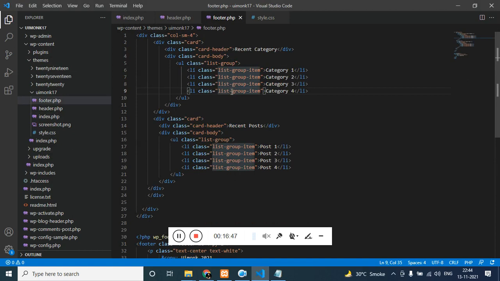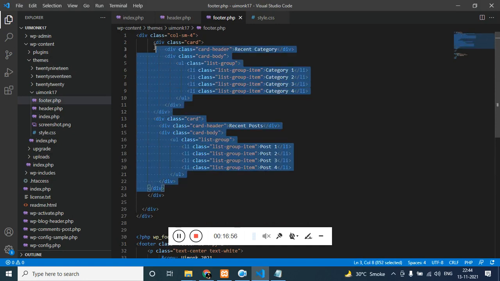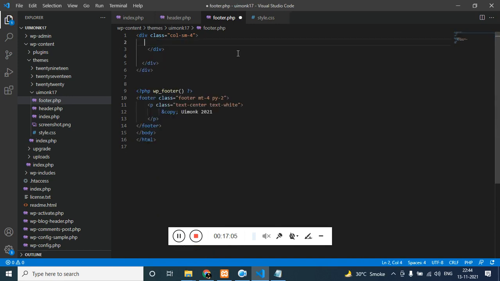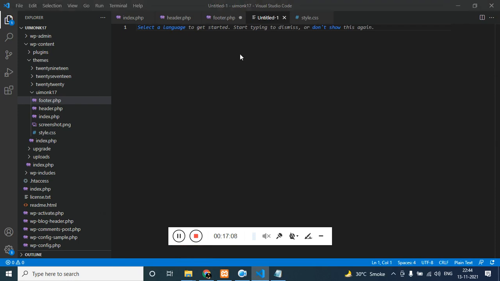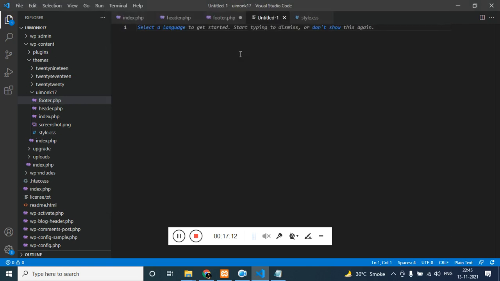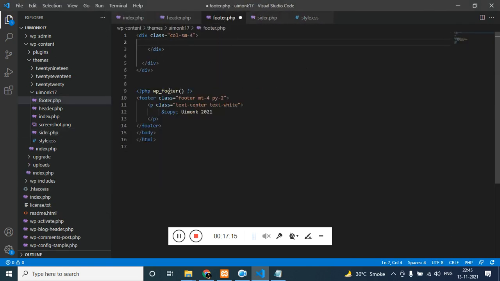Now one more thing I would like to do, let us move the sidebar to a different page. This is the first card and this is the second card. So get the whole thing, create a new file and call it sidebar.php, paste it. Now we need to connect this, so again we have a PHP function,